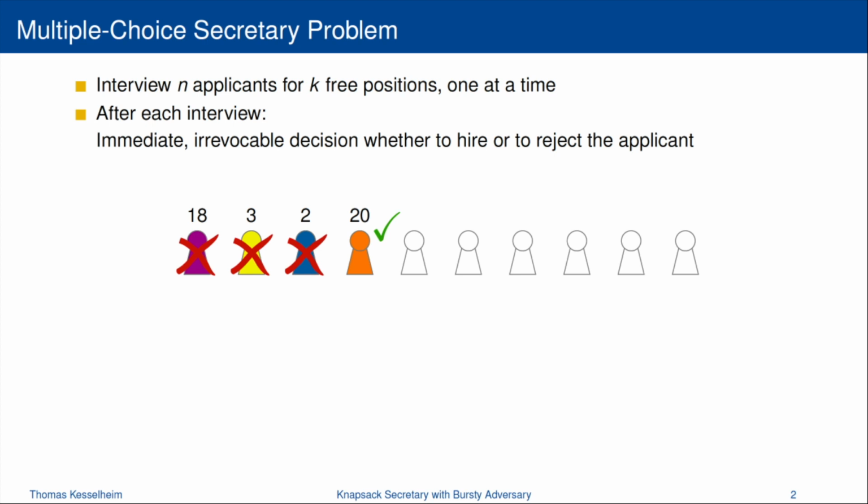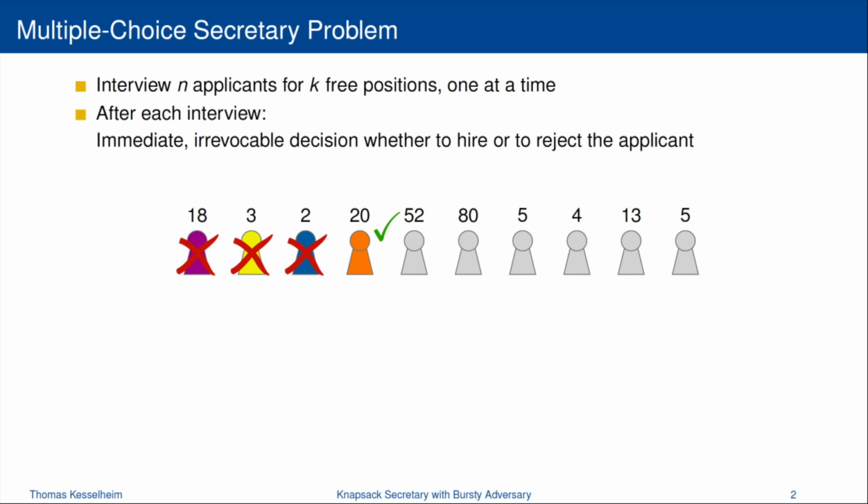And if we now have only one free position, meaning if k equals 1, then we are done here because our position is filled and this decision is irrevocable, meaning that we cannot accept any of these later applicants, meaning we're missing out on the applicant of value 52 and the one of value 80.